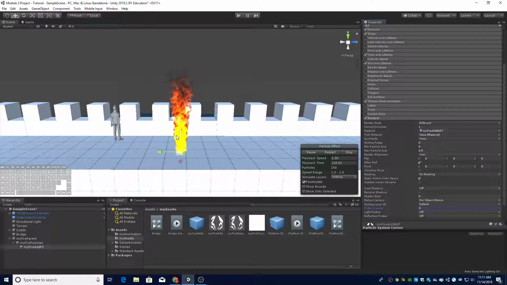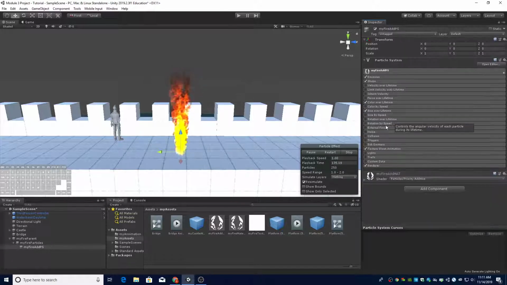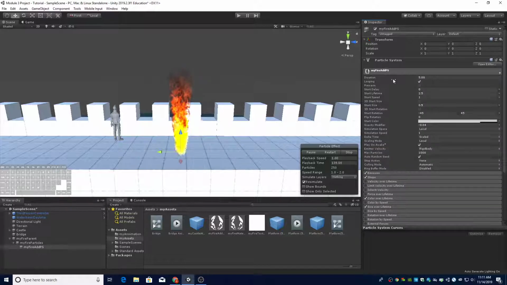Okay, because this is not exactly what we want. The additive fire is kind of too big, so we're going to change some of the parameters. We're going to go under the My Fire Additive Particle System and have what we call the default options. We're going to change some of the values. We're going to first change